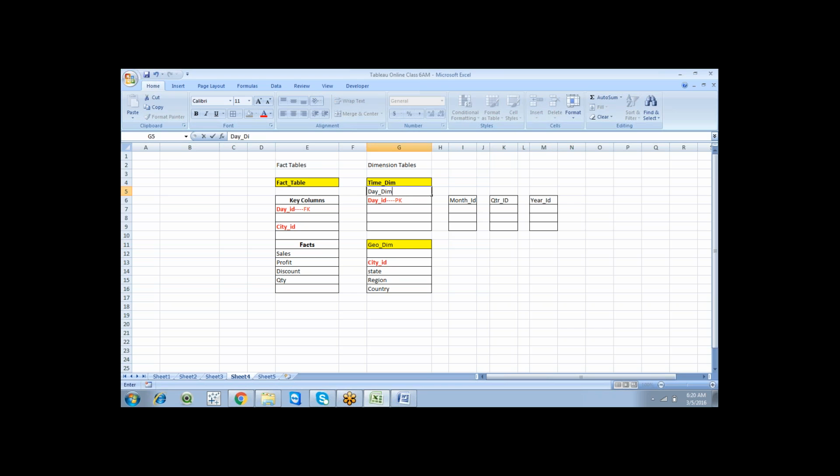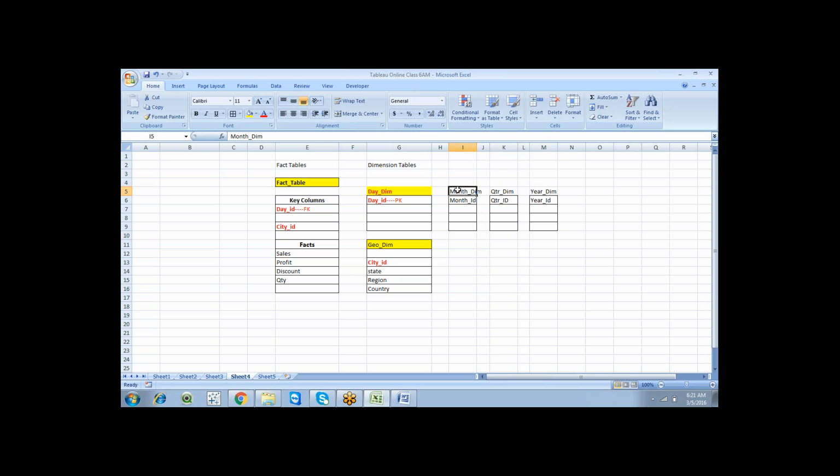Day underscore dim means it's a dimension table, so day table. So this is day underscore dimension table, this is month underscore dim, this is quarter dim, and this is year dim.